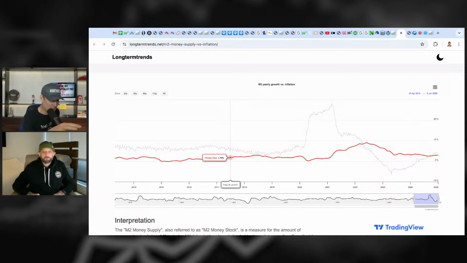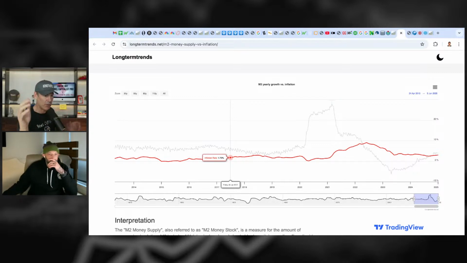But notice right here in 2017 and 2016, you can barely tell the difference between where we were there and where we are today. Yet for some reason back then, it was, oh my gosh, we're worried about deflation. We got to get it up to 2%. Just the house is on fire. What are we going to do? And then now we're just slightly higher, and they're like, oh, we got to get it down, or else we're going to have hyperinflation.